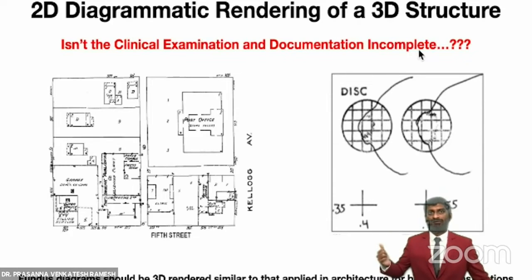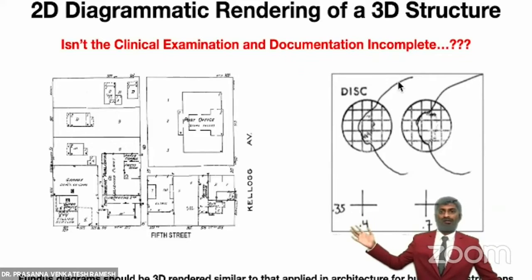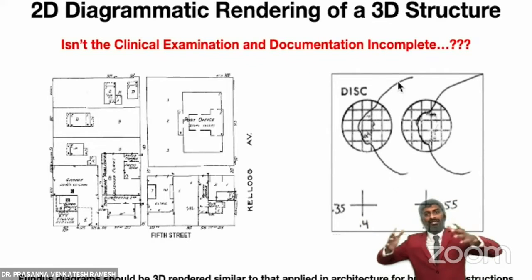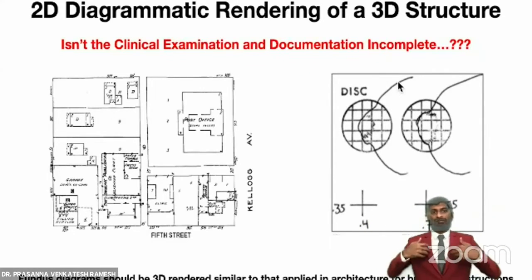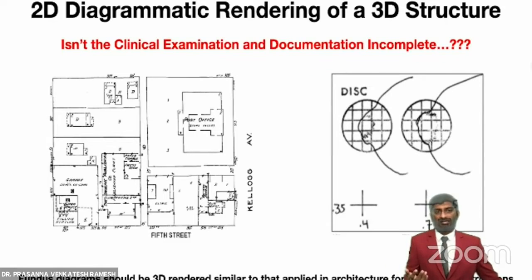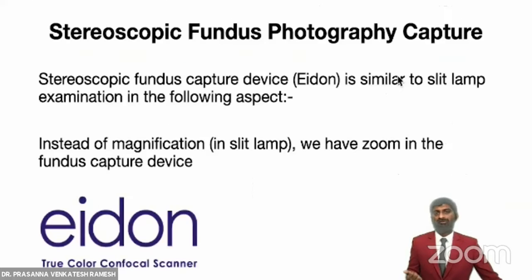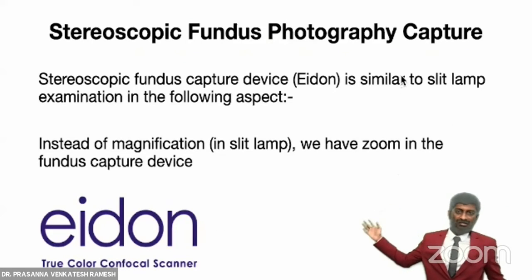That doesn't serve the purpose, because isn't the clinical examination and documentation incomplete? The fundus is a 3D structure; it can't be represented in 2D. It is something like the architecture of a building, which has to be represented three-dimensionally. So that is where, I have no financial disclosure,